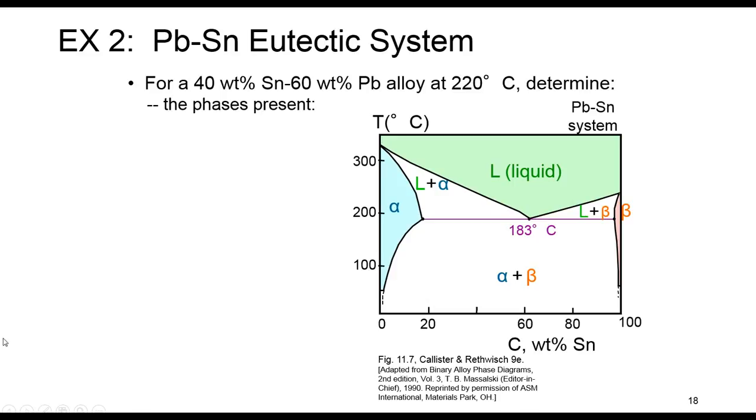This question is almost similar. For 40 weight percent of tin and 60 weight percent of lead alloy, now we want to determine the phases present at 220 degrees. So from here we go one level up, so we will meet here, and then we want to see what the percentage of each phase is. So if we fall somewhere here, 40% is almost here, and then 220, so they will meet here, two phases. And if you want to find the phase composition, and similar to the previous slide, the relative amount of each phase, we do a similar step. We can work